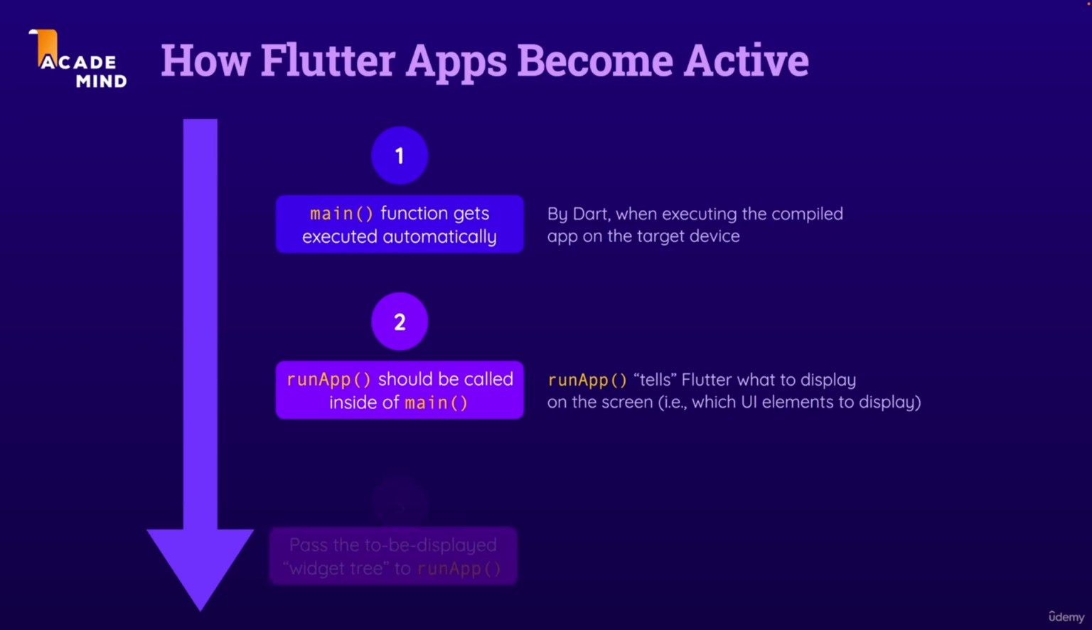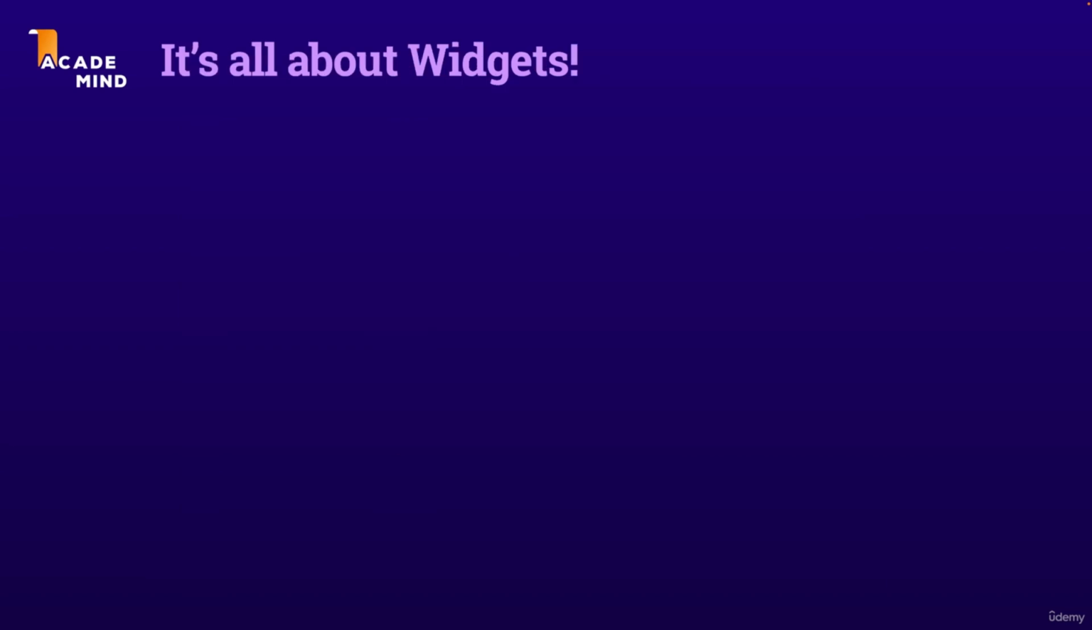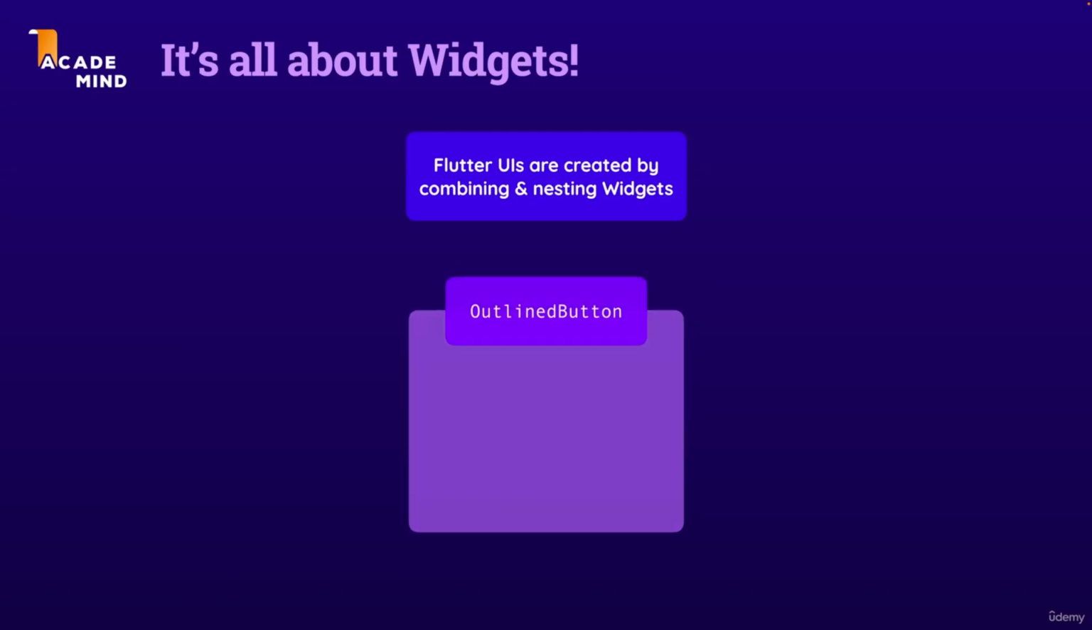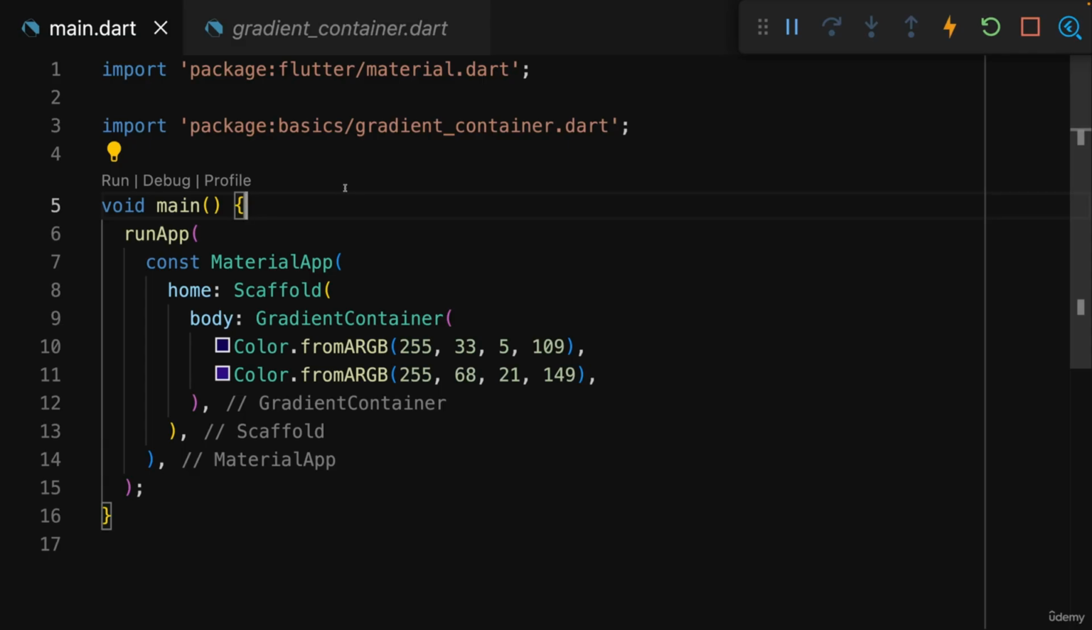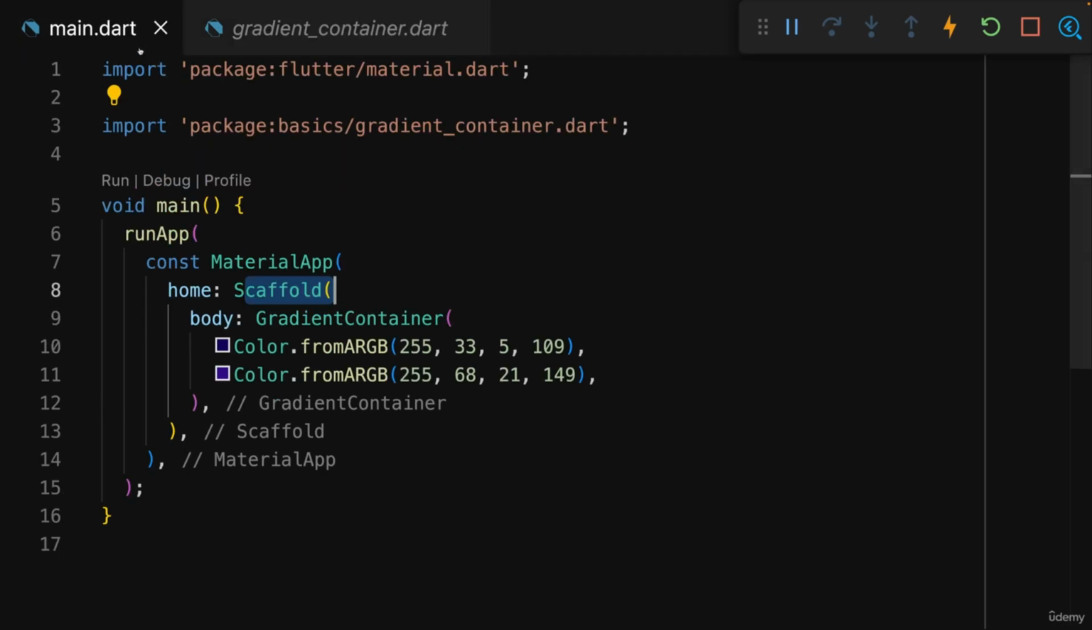And for that, run app needs a so-called argument. It needs a widget or a combination of widgets, typically, that in the end tells Flutter what should be displayed on the screen. Because Flutter, as you learned, is all about widgets. It's all about combining different widgets in code. And that's also important. In this section, you learned that you in the end tell Flutter what to display on the screen by using these so-called widget things in your code, like material app, scaffold, center, container, and many other widgets, including custom widgets, which we also built in this section,